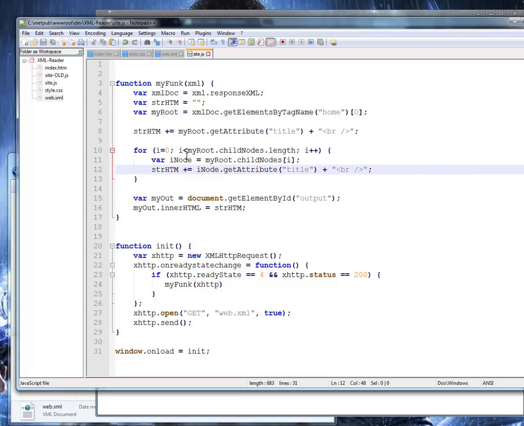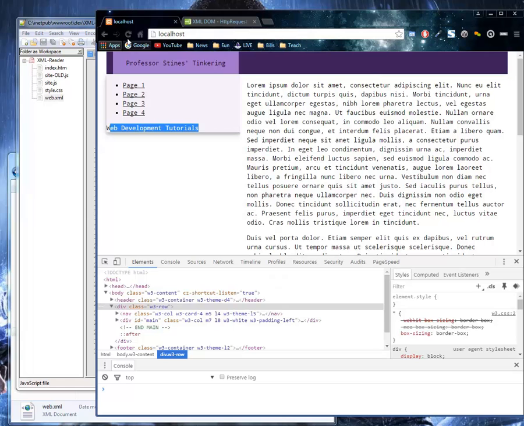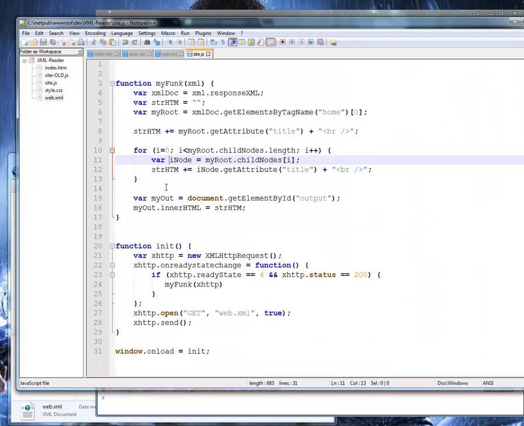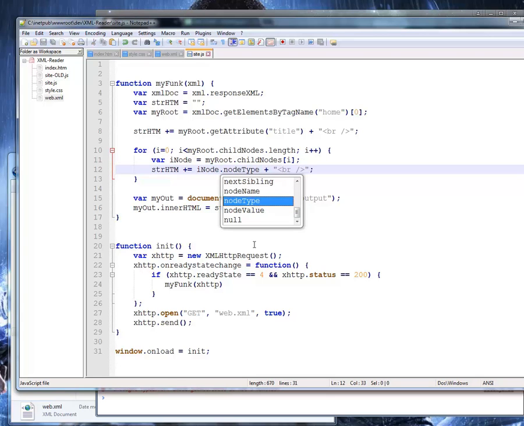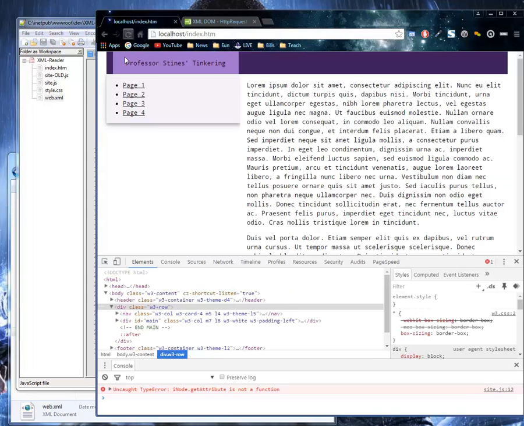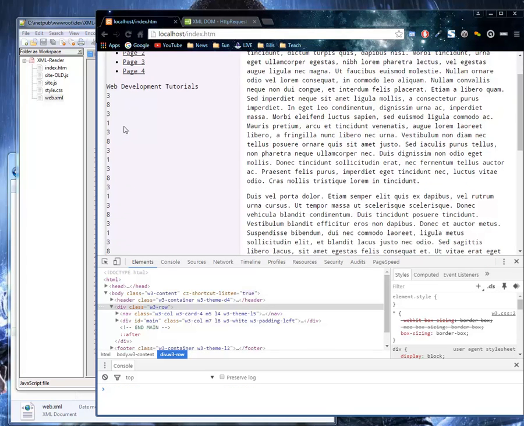Alright, let's take it for a drive, see what we get. Nothing. iNode get attribute is not a function. Okay, I know why. Let's look at node types. We should get something back there. Node type is kind of showing us the different types of